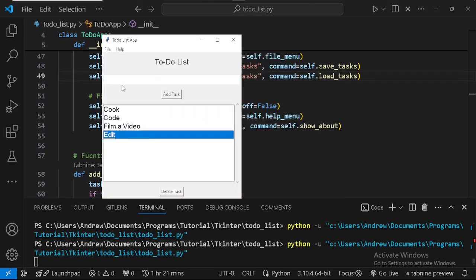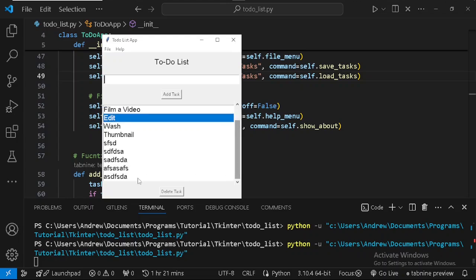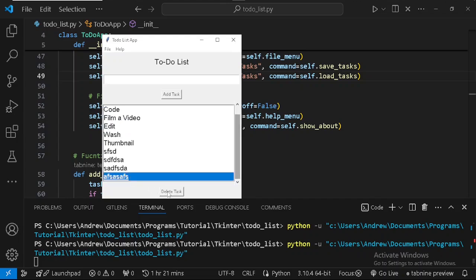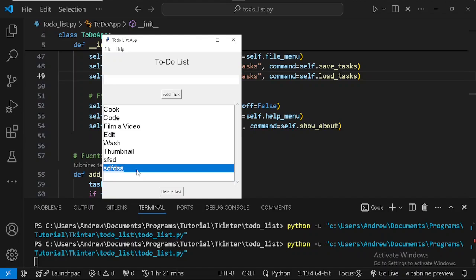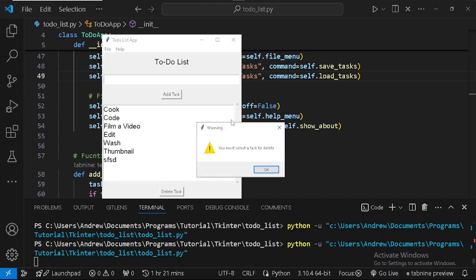Now I load some tasks here, and I can add more to them. Let's just say wash, okay, thumbnail. I can do a whole lot of things like that. We have a scrolling bar here that we can use to scroll through the list, and you can also delete all of these. Now, to select and delete them,